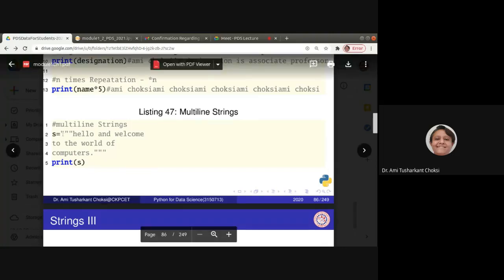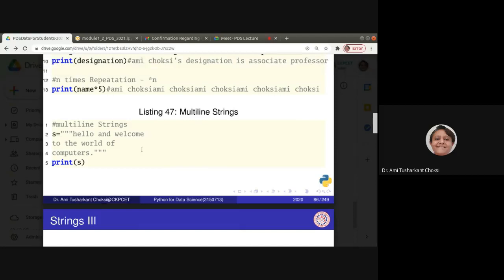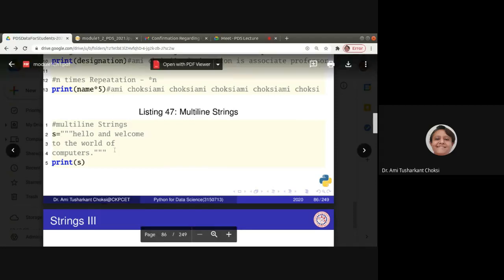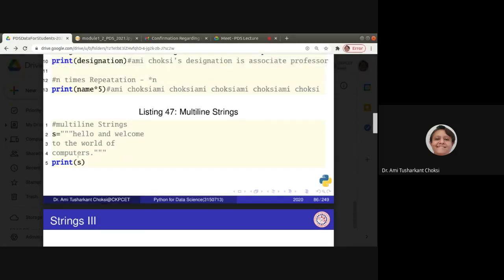S is equal to 3 double quotes. Hello and welcome. Now I'm giving enter to the world of, again giving enter, and computers. So this way it will be considered.